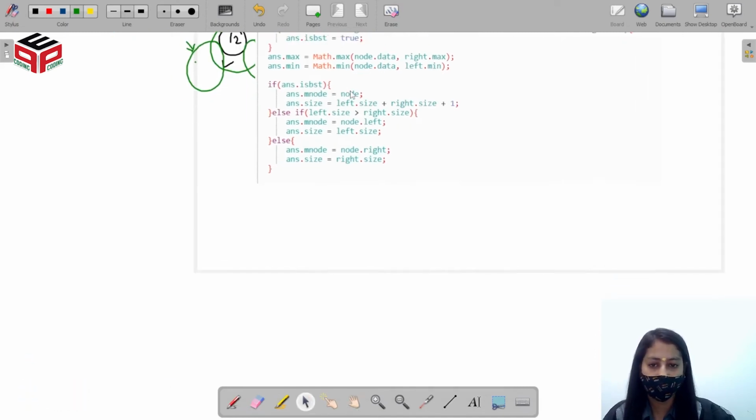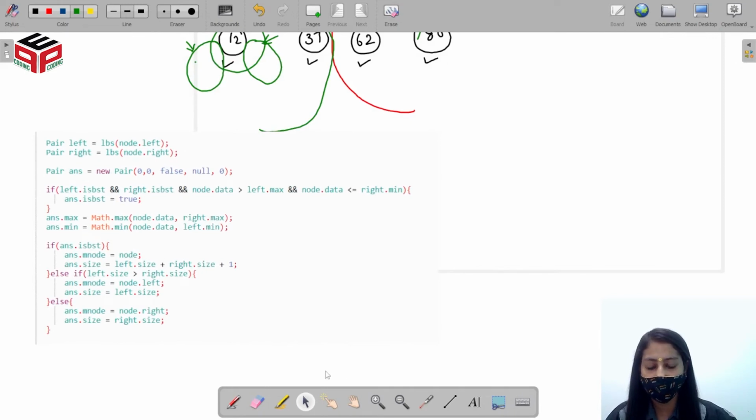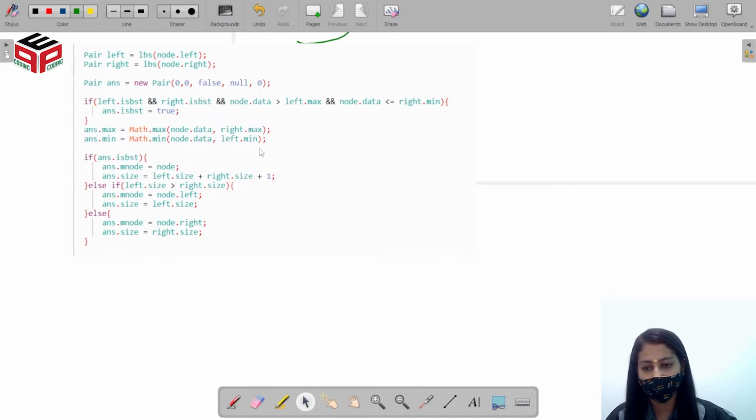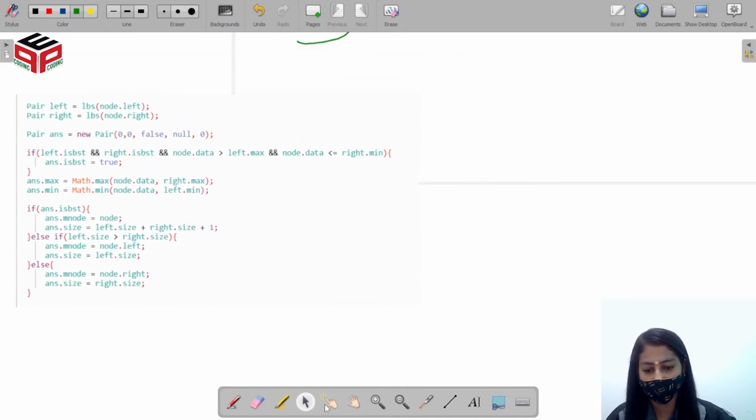So let's draw a new tree so your concept will be more clear. Right?